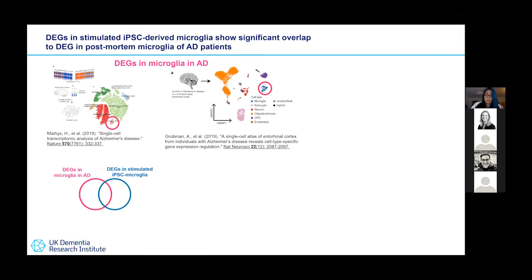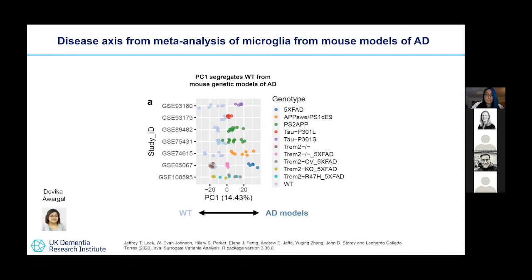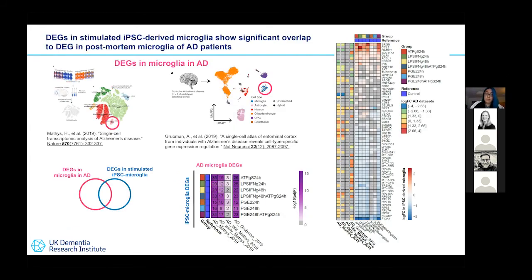And what we found is a higher than expected overlap between this set of AD microglia differentially expressed genes and those that are differentially expressed in our iPS microglia across all the different comparisons. And what you can see in the heat map to the right is the gene expression patterns of these overlapping genes, which tend to be changing in the same direction